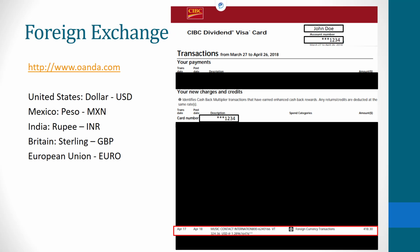It is common for staff to travel to a conference outside of Canada and incur expenses related to travel, accommodation, food, and small supplies. The cost of the expense will be denominated in the foreign currency. If a Canadian credit card was used, your credit card company should be able to calculate the foreign exchange, and that value will be reimbursed. For example, if a purchase was made for $324.36 USD and the credit card converted to $418.30 Canadian,